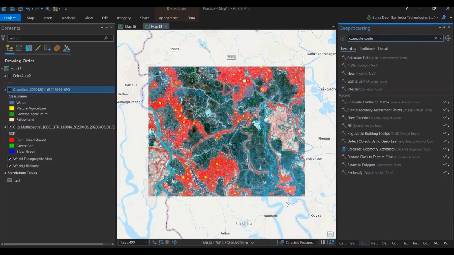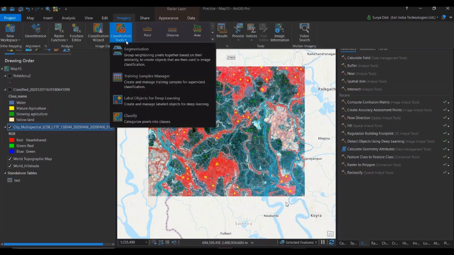Suppose the data, the samples I already collected because it will take a large time. How we collect the samples, that I am explaining here. I just clip the imagery first, whatever the target area, I select it here. Once you select that, you go to this imagery, and here you have options for the PCC. These are the options. Here you have the training sample manager. For SVM, you require training samples, same as supervised classification.